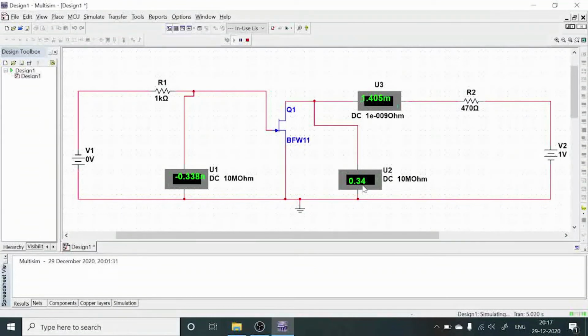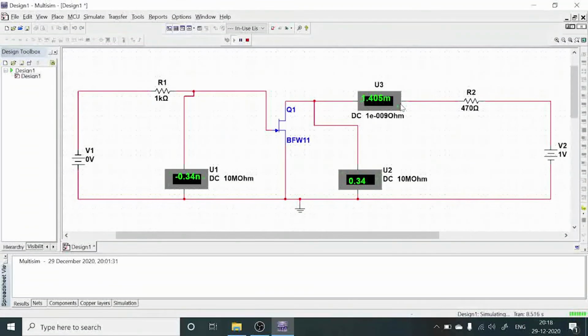So in a tabular column, this is the biasing voltage, meaning VDD, or otherwise you can call it Vin. At this 1 volt, the drain to source voltage is 0.34 and the drain current is 1.405 milliamperes.